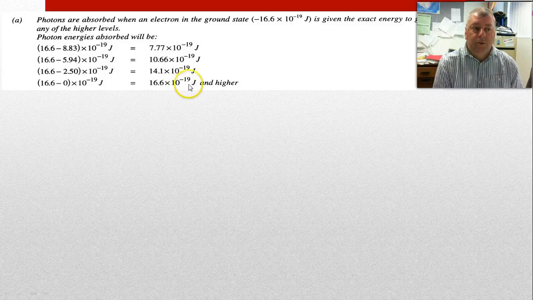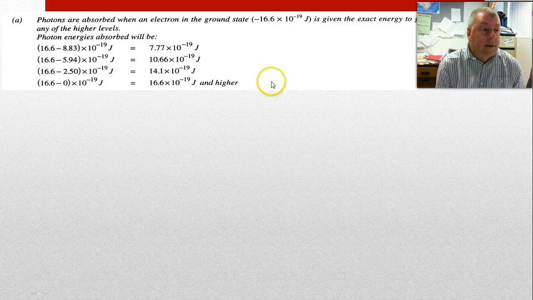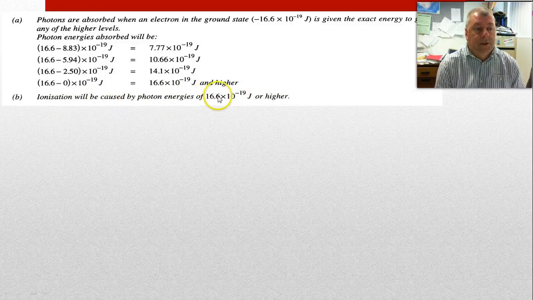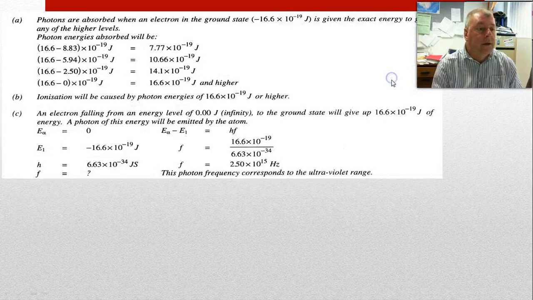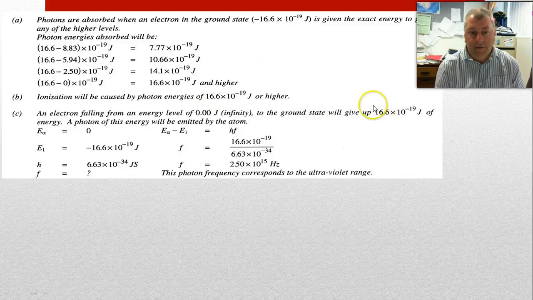Now if there's any photons with greater than that energy, they could also be absorbed, because the electron would just have excess energy and be moving faster. Ionizing would therefore be caused at this energy level, and if we go back to the diagram, this is effectively our ionization energy, or higher. Now when the electrons are falling back from infinity, so unattached to the atom, jumping back into the ground state, it's going to give off this amount of energy in joules,